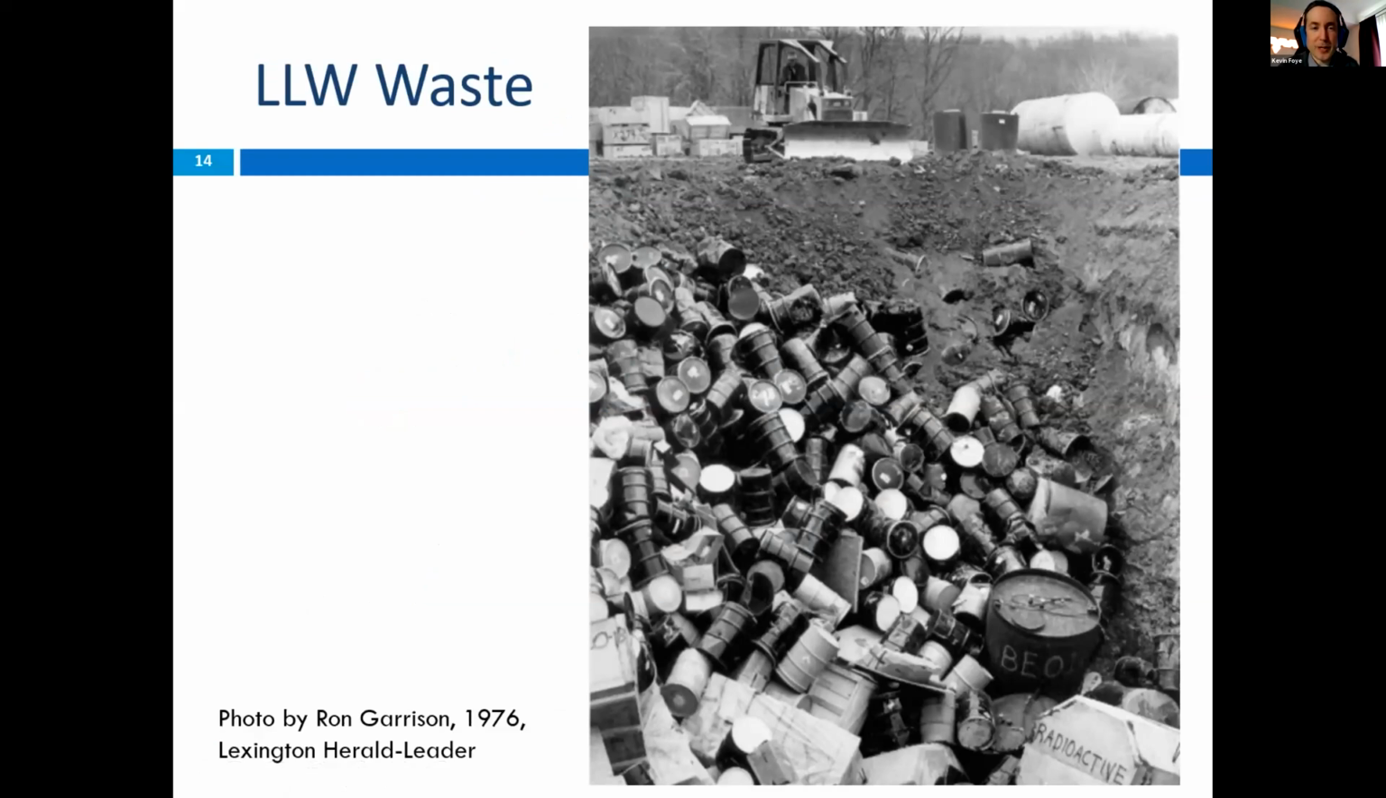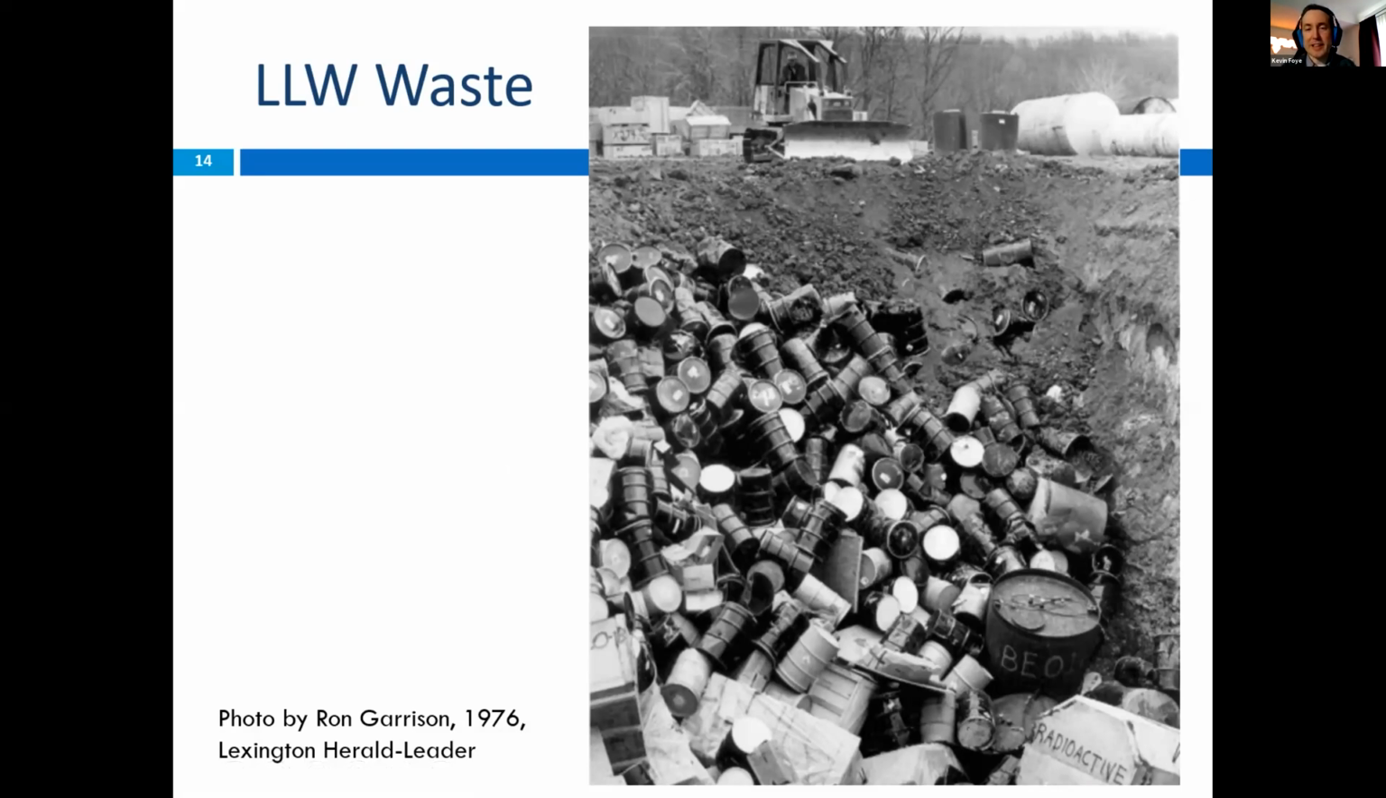So let's talk a little more about Maxey Flats. This is a picture taken in the mid-70s of what the disposal practice at Maxey Flats looked like at the time that it was in operation. You can see a trench. It was dug into the soil. It's also dug partially into rock. You can't see the rock in this picture, but deeper down there's weathered rock that was excavated to create these